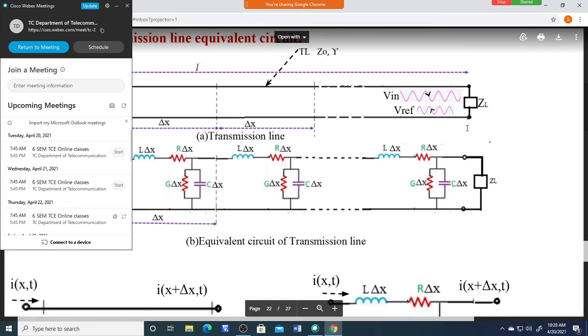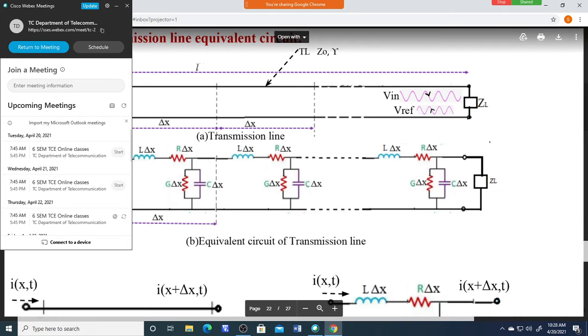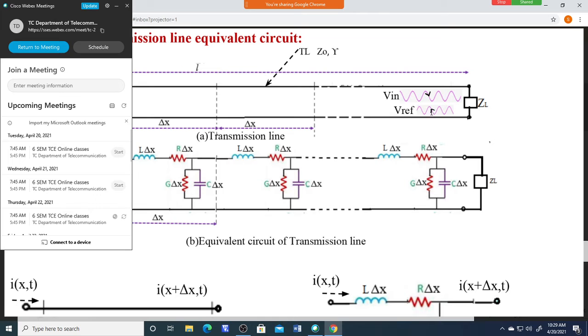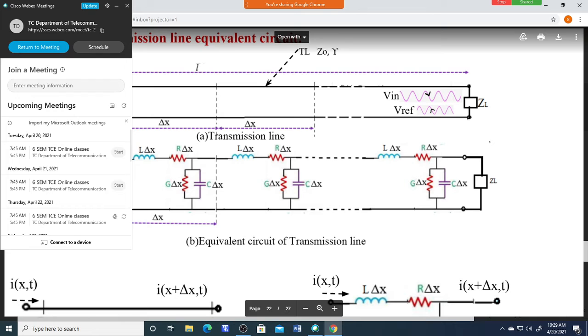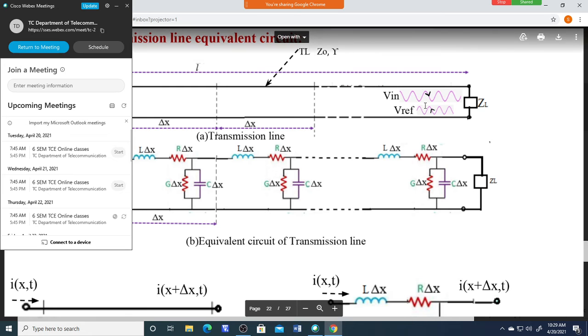So usually what we will do, we take this as x equal to 0 here, and negative values of x like this, that is, distance decreases here. Here distance increases. So here as the distance increases, this amplitude should decrease, but here as the distance decreases, the amplitude of this should decrease, for the reflected wave, because it started here and it is moving like this. So the amplitude of this wave decreases as you move like this.